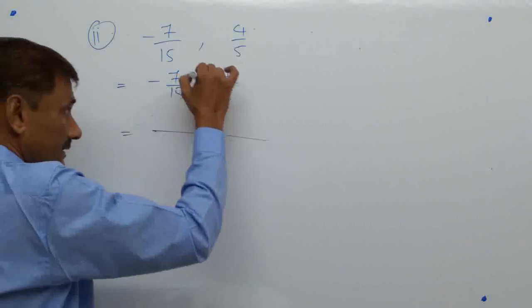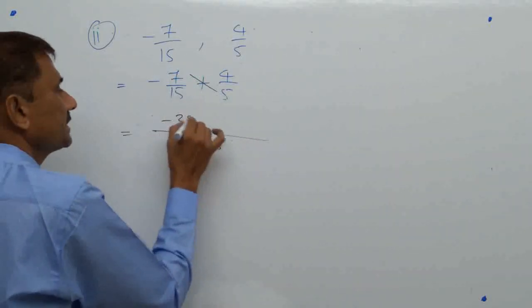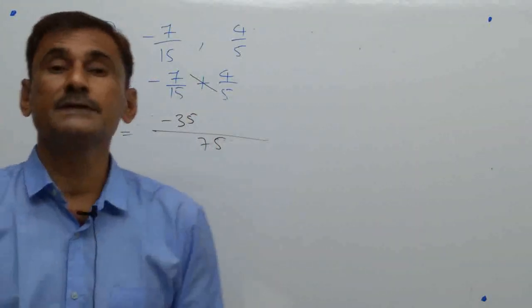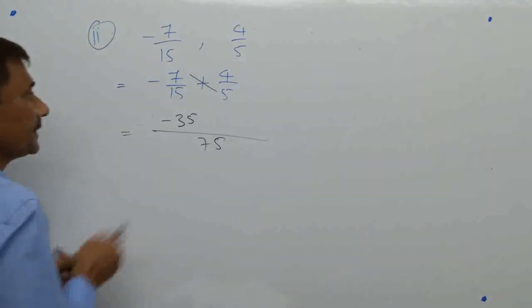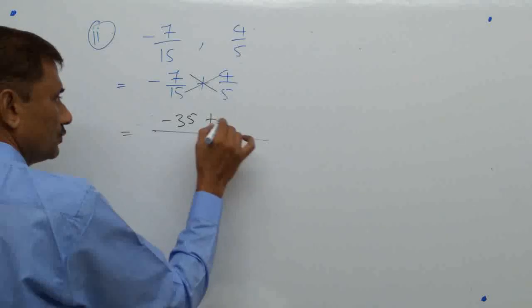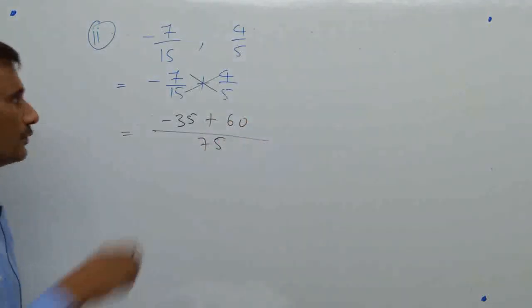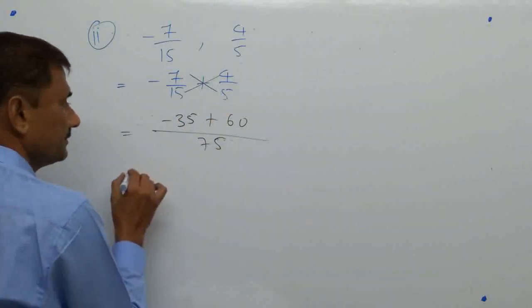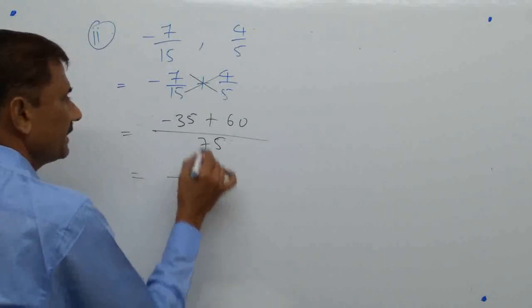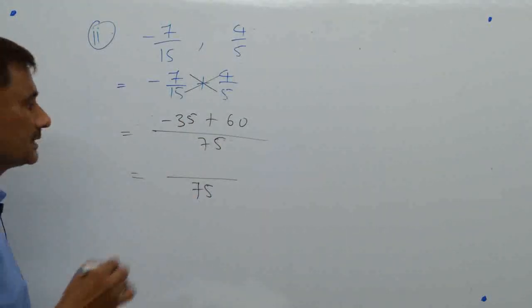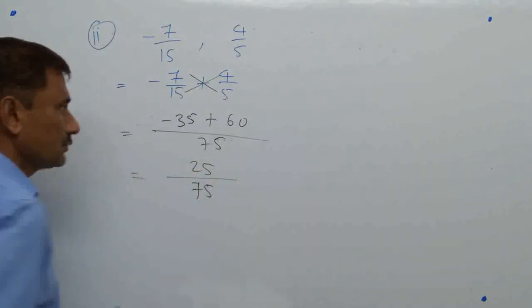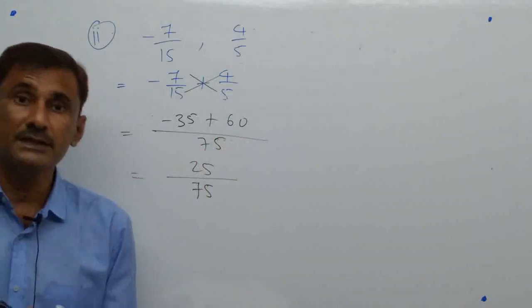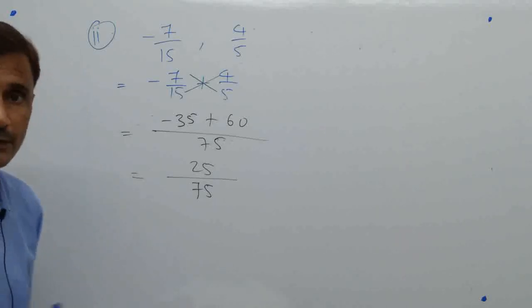Now cross multiply. 7 into 5 is minus 35, minus plus minus. Whenever a fraction is negative, consider the numerator negative, not the denominator. Then 15 fours are 60. Cross multiply in the numerator only, and in the denominator, the product of both denominators. So now it will be 75, and here 60 minus 35. So it will be 25 plus only, because opposite signs are there, so I have taken the difference, and the sign of the bigger one means plus. If no sign is there, understand that a plus sign is there and the number is positive.